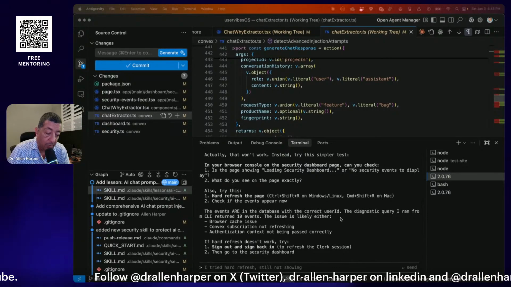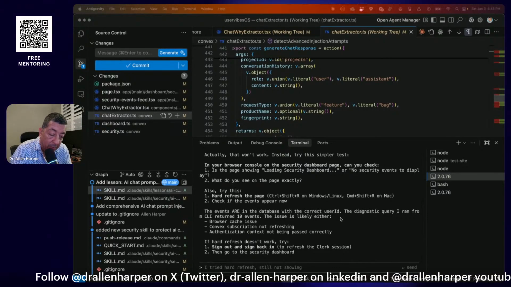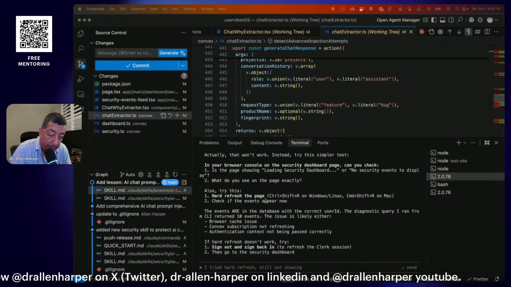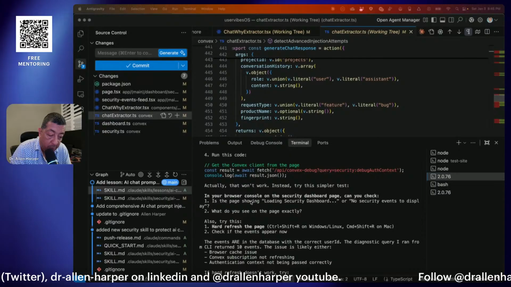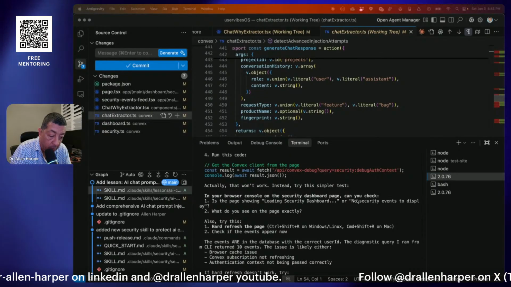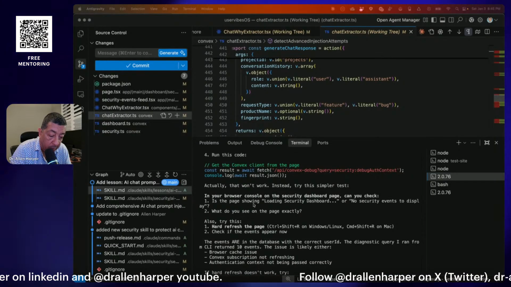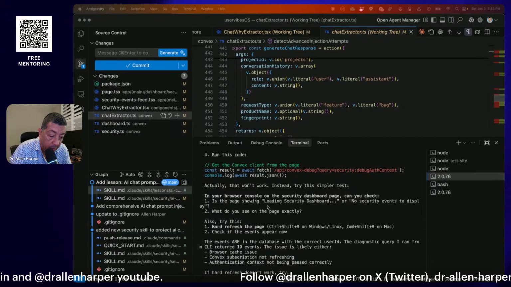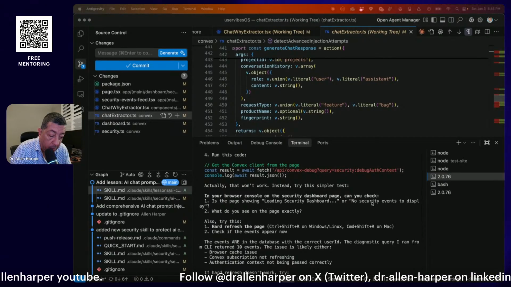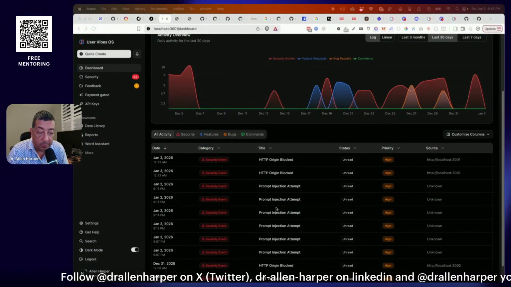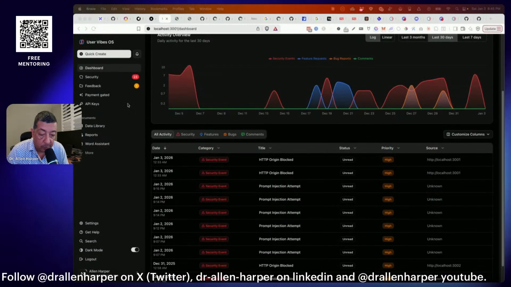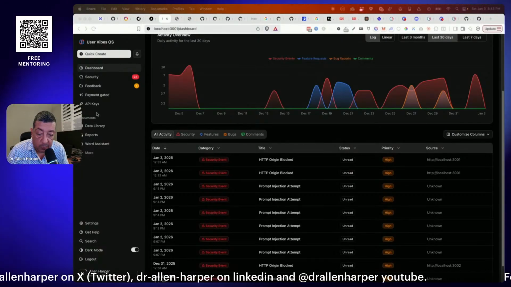Okay, it says do a hard refresh. Should never have to do that for this kind of stuff. Okay, actually that won't work. Instead, just try the simpler thing. In your console, can you check, is there a page showing loading security dashboard, no security events displayed? What do you see? Oh, well, let me give you that. That's easy. I'll just go into the